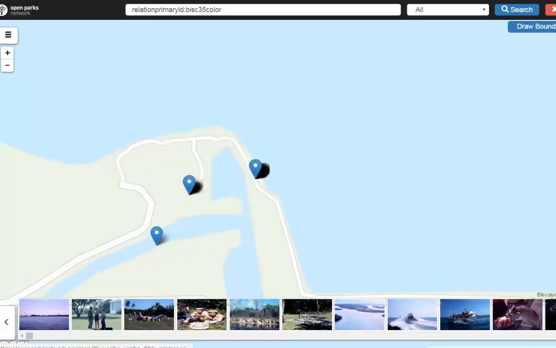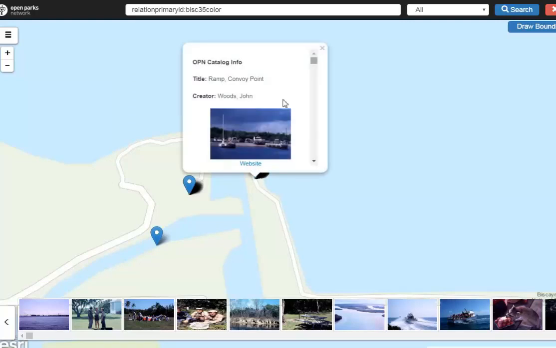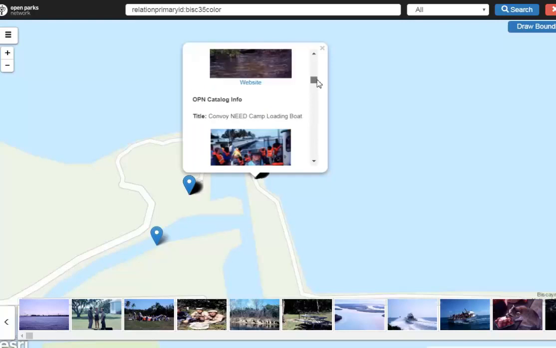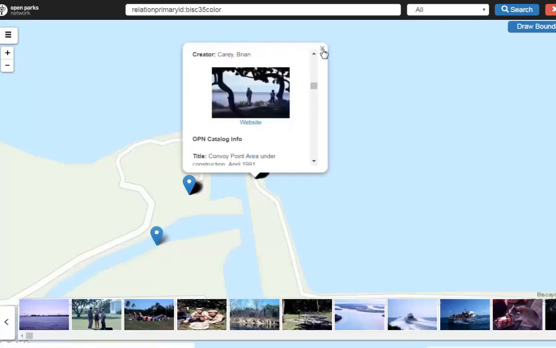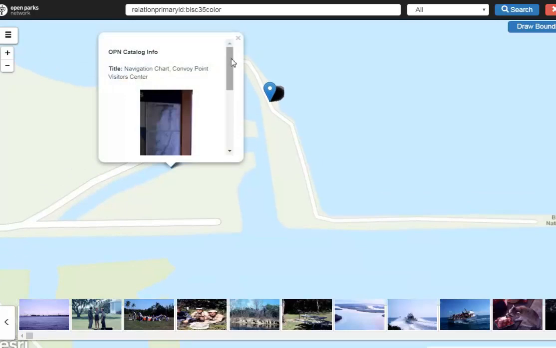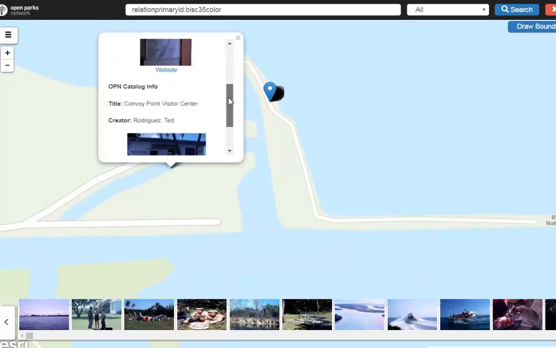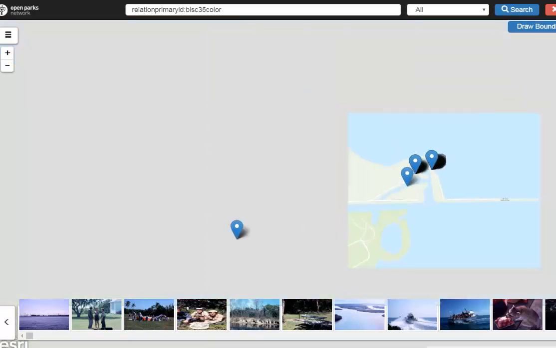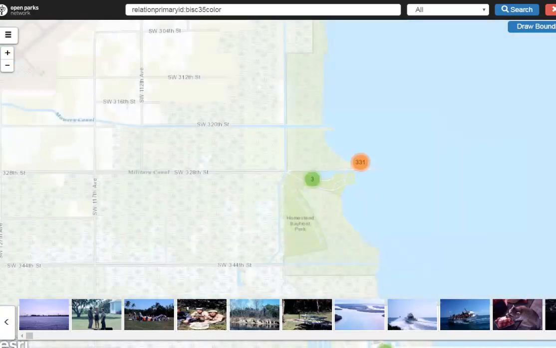scroll through these, and again here is convoy point, should be the docks, and I'm not sure what this one is. Let's see, again another combo of convoy point and the visitor center. So if there are any corrections, definitely let